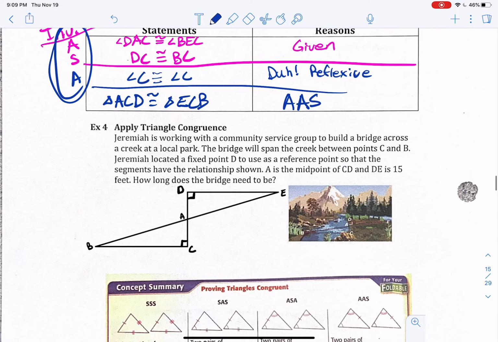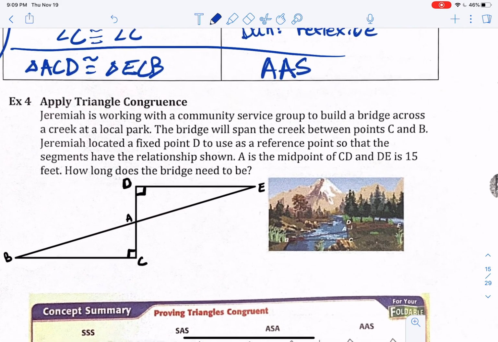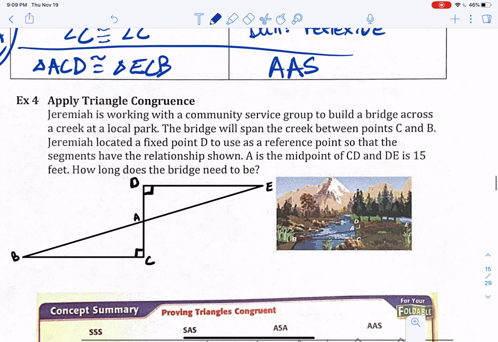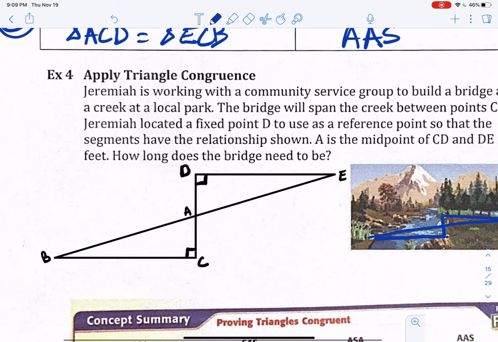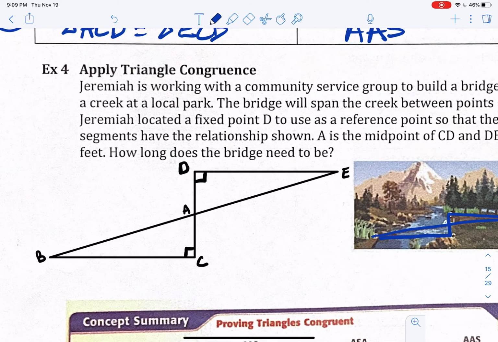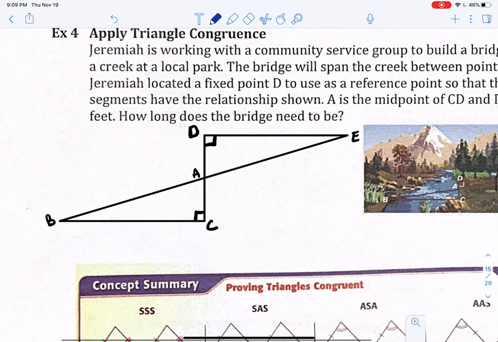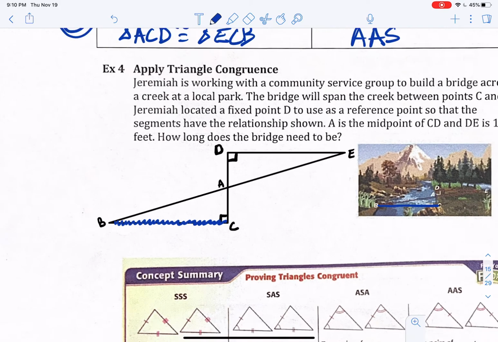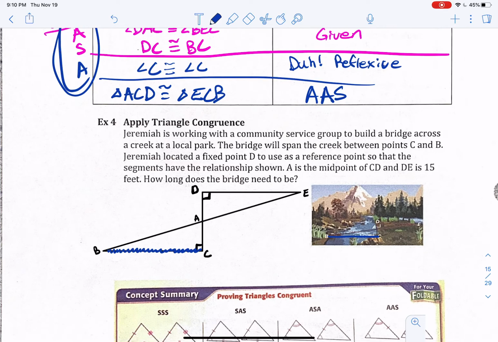All right, one more thing, and it's not even really a proof, I guess. This little diagram over here has two little triangles going on with it. I went ahead and drew it over here so that we can see it without the picture, because it's kind of hard to see with all the landscape stuff in the background. But one thing that I want to say is that the river is marked by BC. BC is directly across the river, okay? So I am going to mark it like that. So go ahead and redraw this and then mark BC as your river, your bridge going